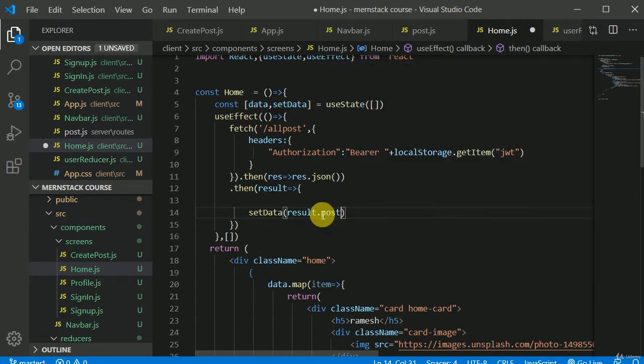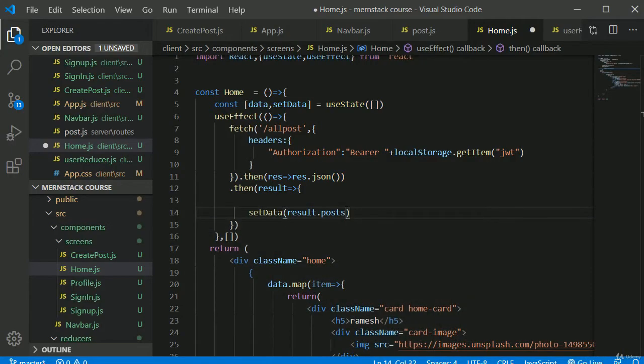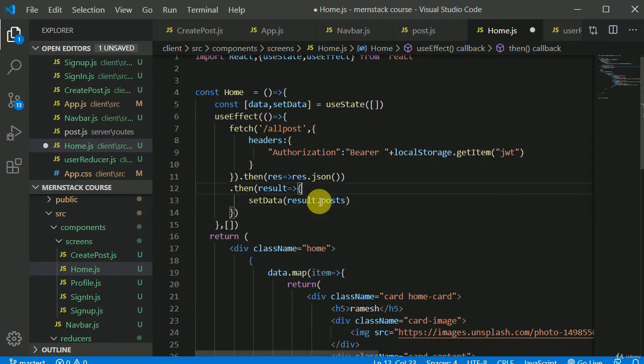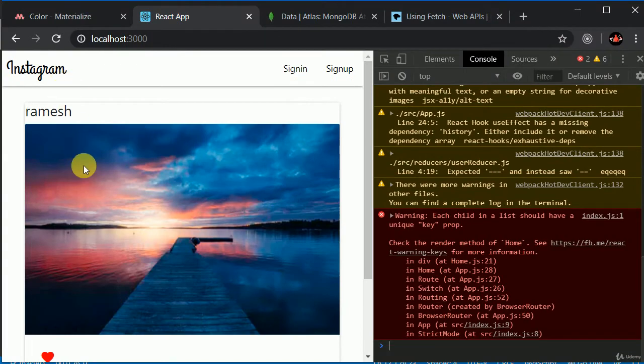dot post instead. Post or posts? Oh, posts, we need to put s in here. Okay, I got error. Okay, let's save this. Now we should be able to see one post, but still these data are static, but now we can make